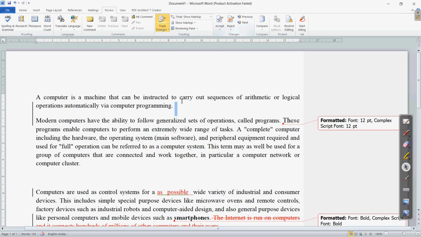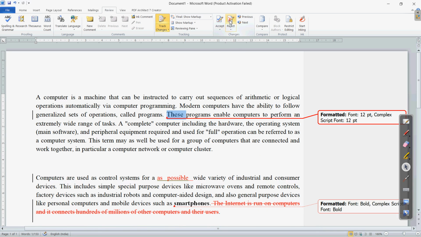So this way we have accepted or rejected, and when you click next, it moves automatically. Here we had pressed the enter button, so it was changed to a new paragraph. If you click on reject again, this will bring it to the original form. Clear? So this way we have seen how to track changes.